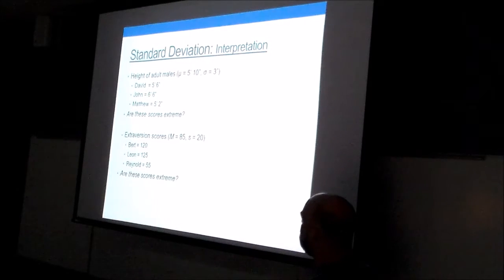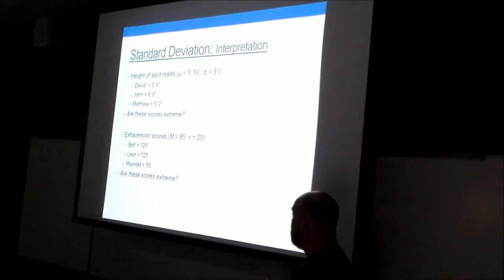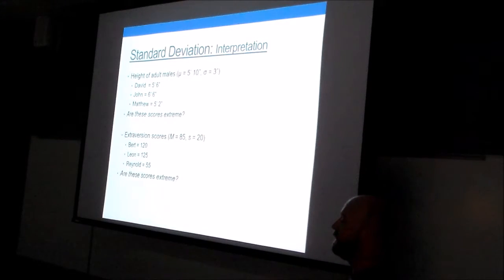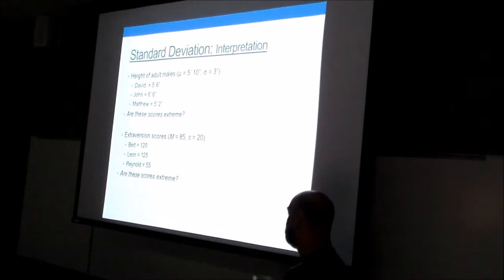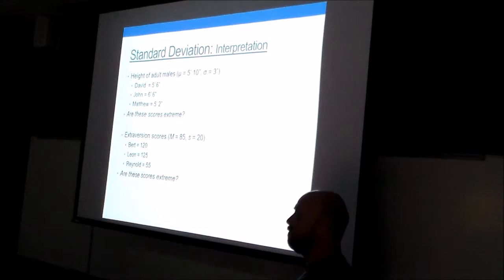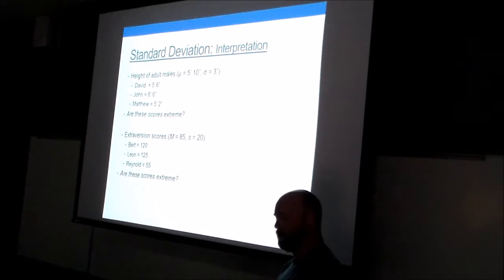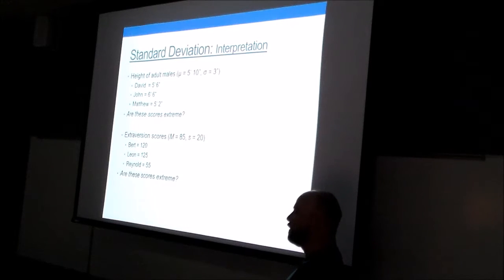not extreme, right? Same thing, we've got a measure of extroversion scores, mean of 85, standard deviation of 20. Bert, score 120, is that extreme? Under 2, right? So again, probably what we would expect, reasonably not atypical. Leon, here's about 2 standard deviations above the mean, right? So that's a little higher. Third person, about a standard deviation and a half below the mean, so low but not wildly low,